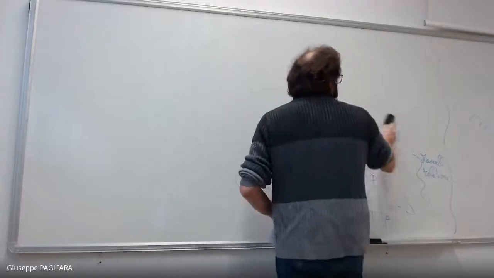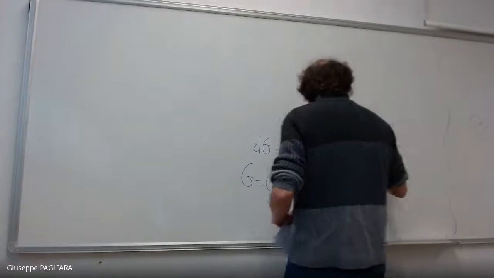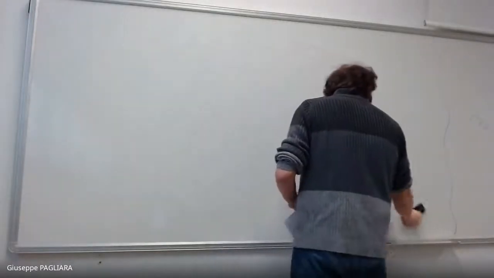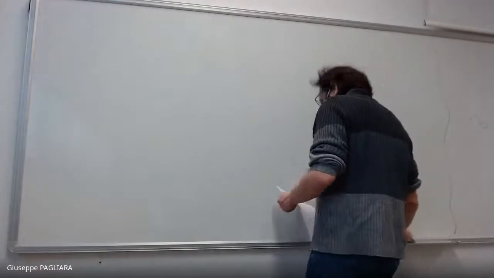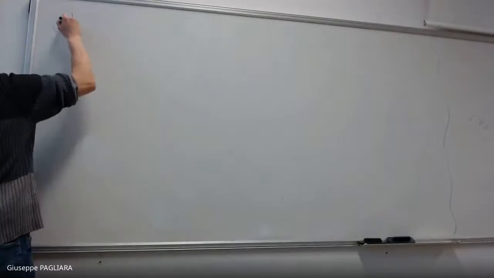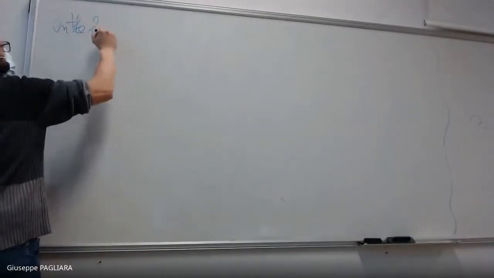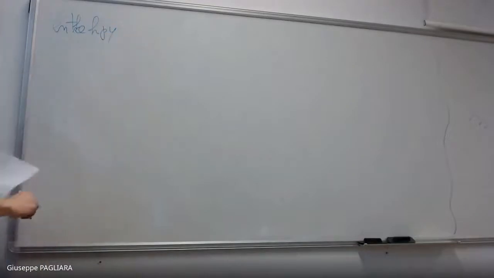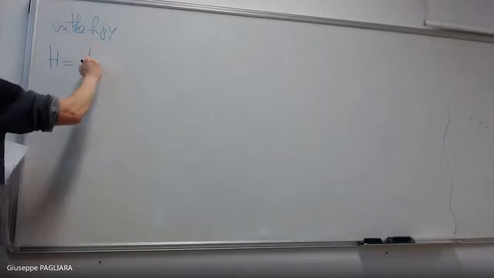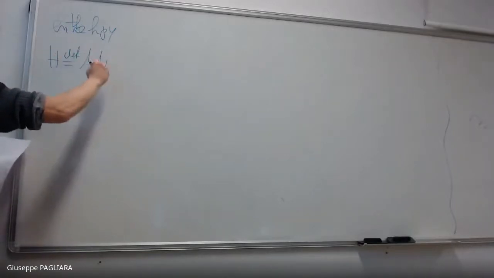Just to make a full list of thermodynamical potentials: there is the Gibbs free energy, and the last one is the enthalpy. This is usually indicated with H, and by definition it is U plus